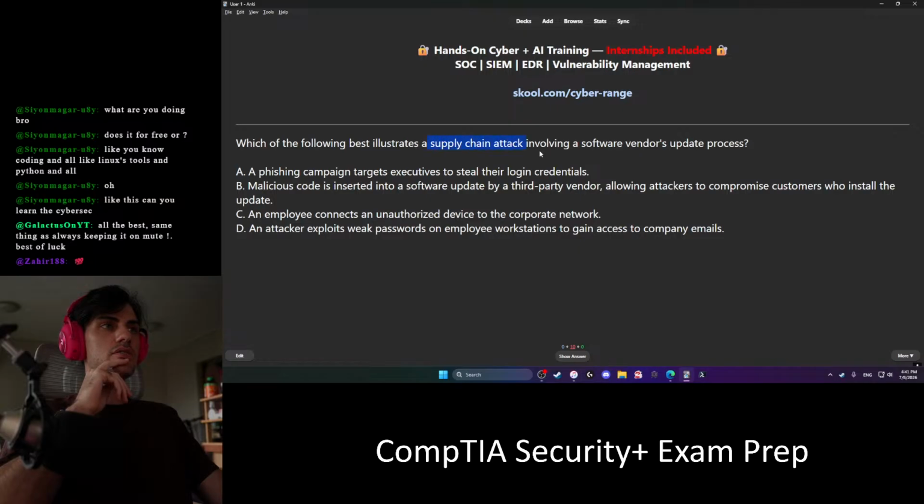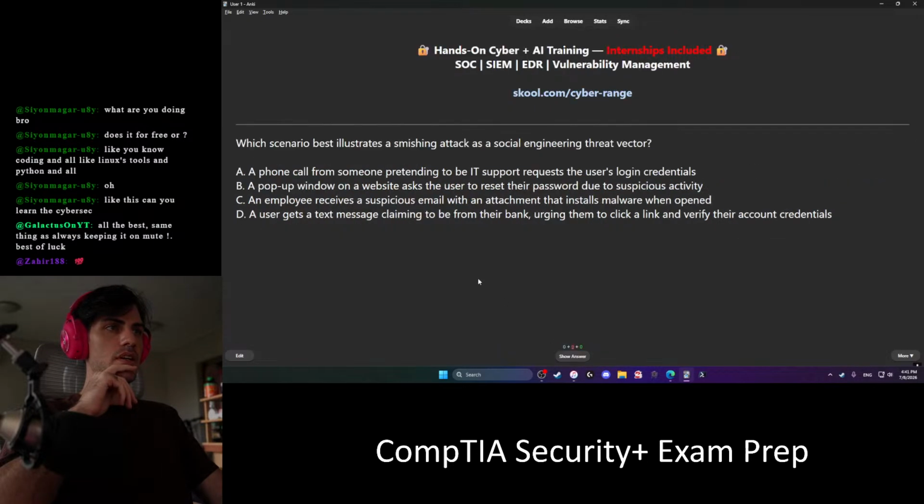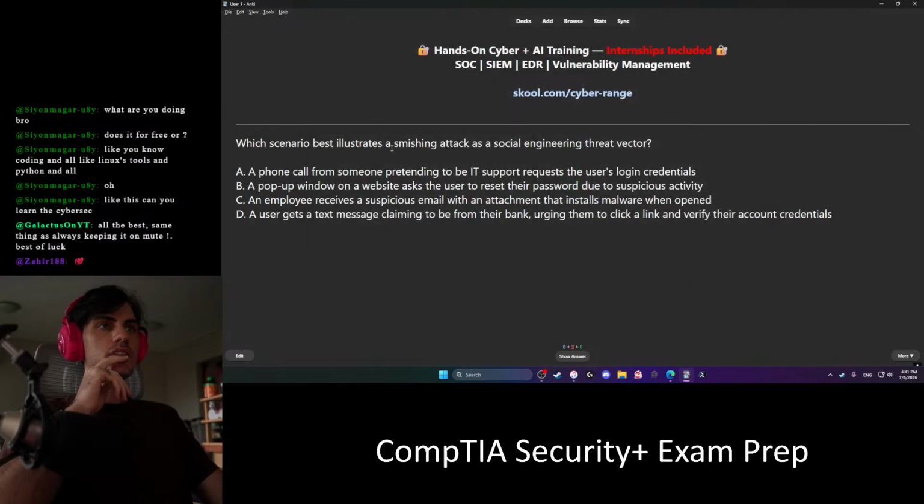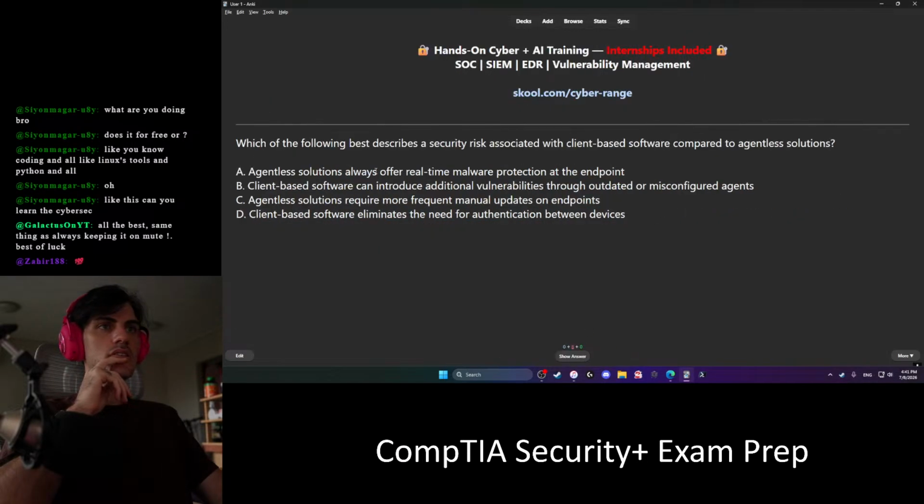The following best illustrates a supply chain attack involving a software vendor's update process. It's racking up here. Best illustrates a smishing attack. That's a text.